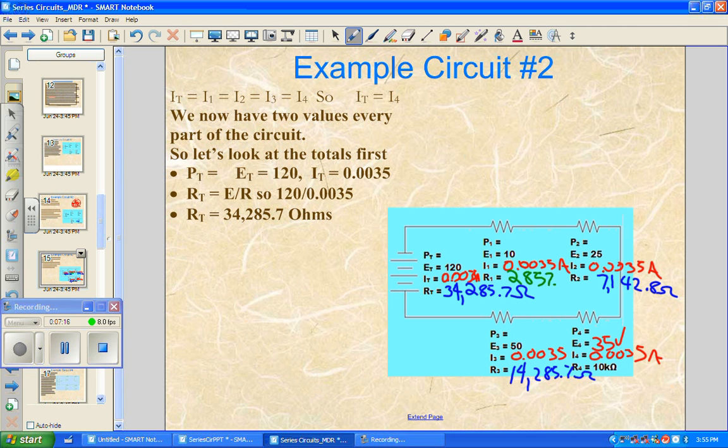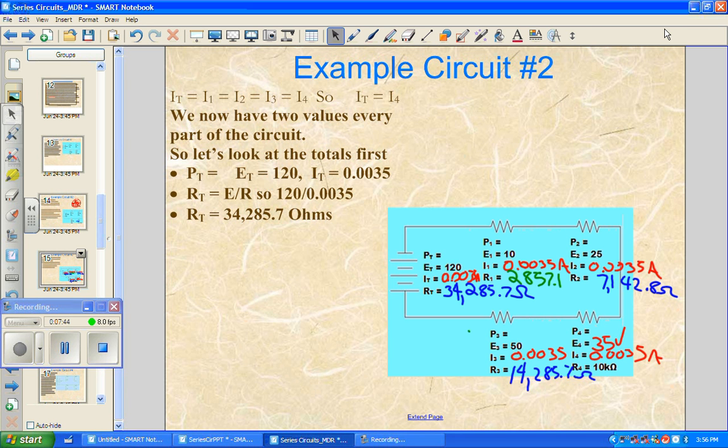2,857.1. All right. Now, let's add as a cross check. Now, we could do a cross check here. And we could add our resistance 1, resistance 2, resistance 3, and resistance 4 up. And we should come close to 34,285.7. So let's add up